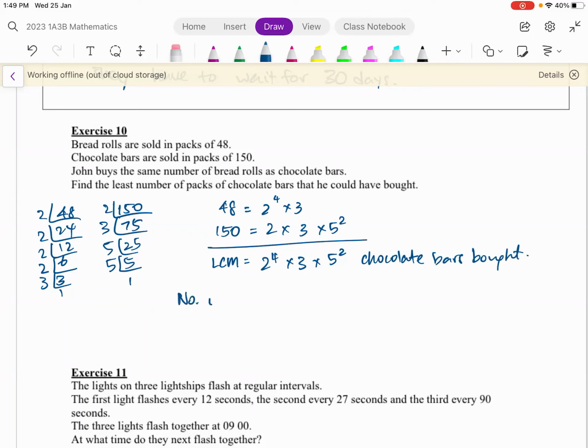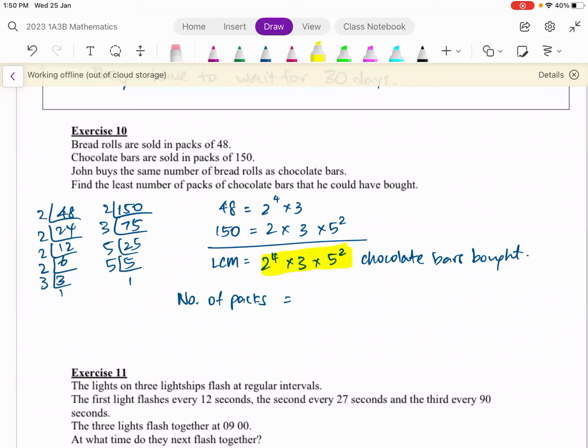So number of packs equals to, what should we do to find the number of packets of chocolate bars? One packet has 150. What about this? Divide, correct. Divided by what? Number of chocolate bars divided by the number of packets. Number of divided by 150, correct? Yeah, correct. But instead of using calculator to do your division, you can also try, just a practice, use this,